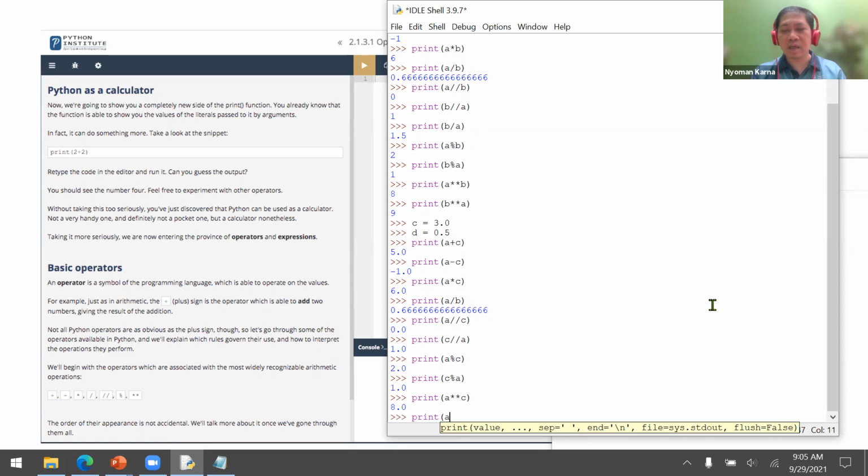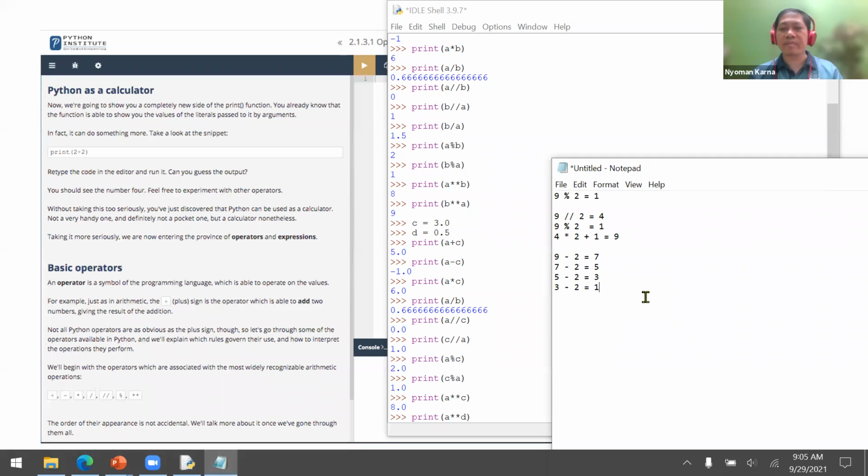Let's say A, D. So it's similar to A. A is 2, power of 0.5.